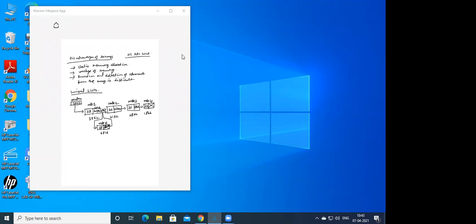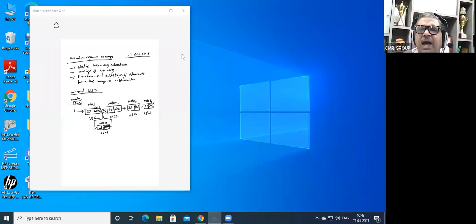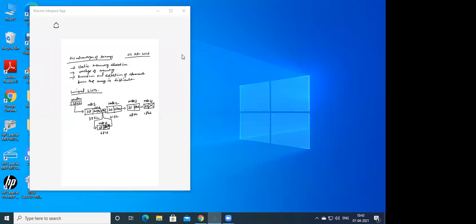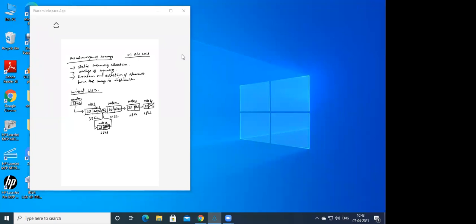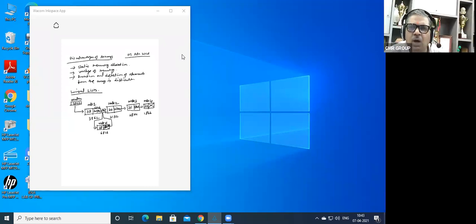Sir, can we add between any of the nodes, or only at the last? Yes, we can add it as a first node, as a last node, or as an in-between node. There are three cases which we are going to see when we come to the programming. If we add first, the header will be overwritten, sir. Yes, that's what we'll see. Don't be in a hurry. As of now, we are just in the introduction part. I'm just trying to introduce how we have to do an insertion.